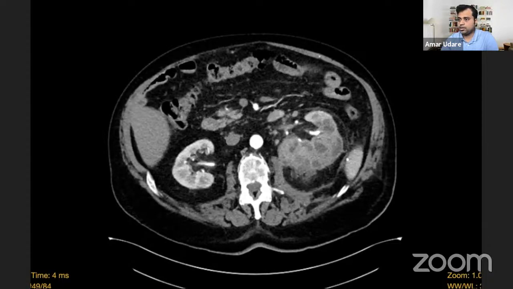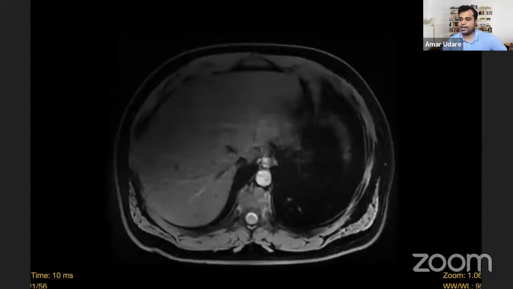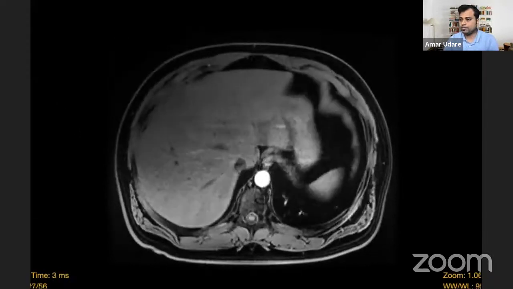Let's look at our fourth case. So this patient had lung cancer, and incidentally, they found an adrenal lesion. And so this CT was done for further evaluation of the adrenal lesion. Remember,